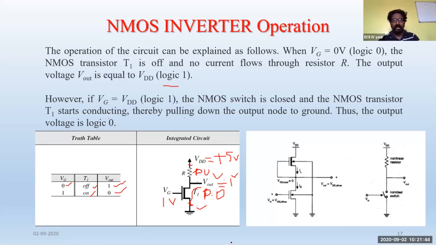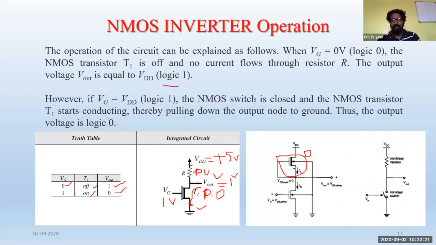So now let us see the same NMOS inverter with respect to the pseudo resistor, or the kind of transistor which we use here in place of the resistor. So see here now, can anyone tell me what kind of transistor we have used here? Is it a depletion mode transistor or an enhancement mode transistor? The transistor which is used is a depletion mode transistor. You can see here, this is a depletion mode transistor we have used.